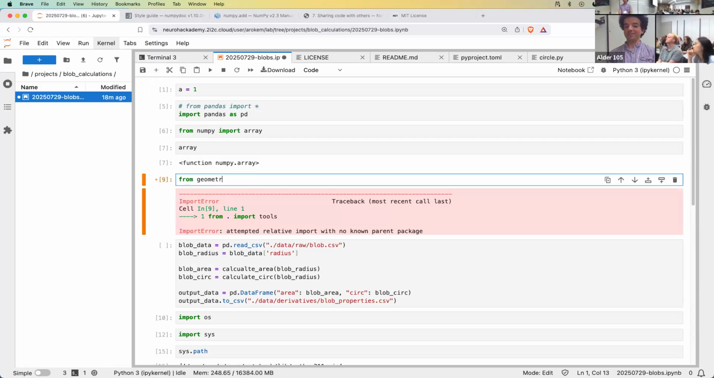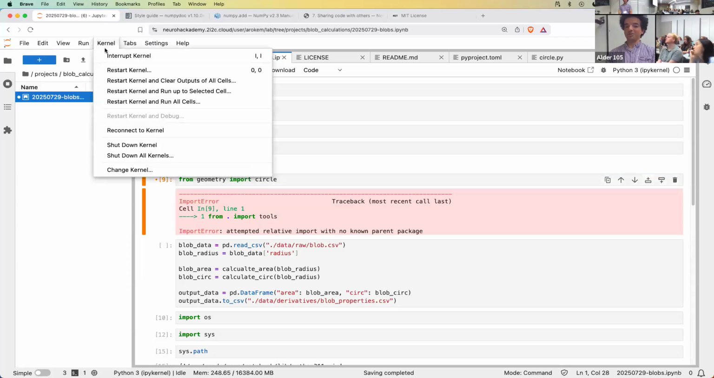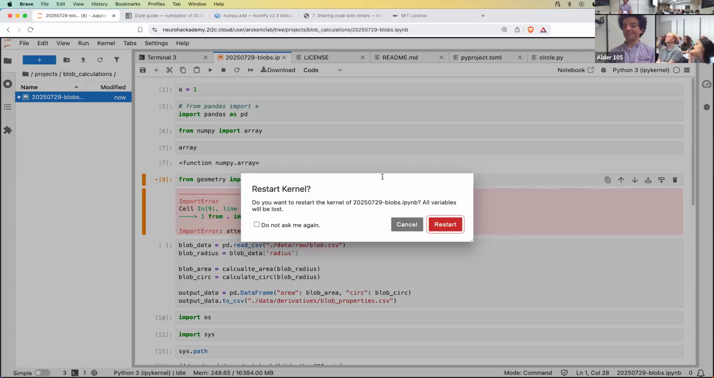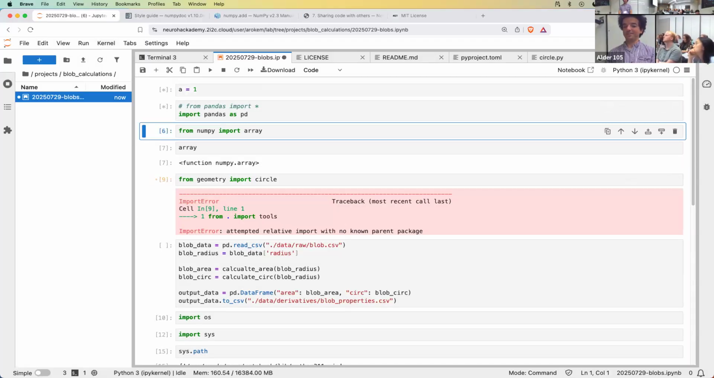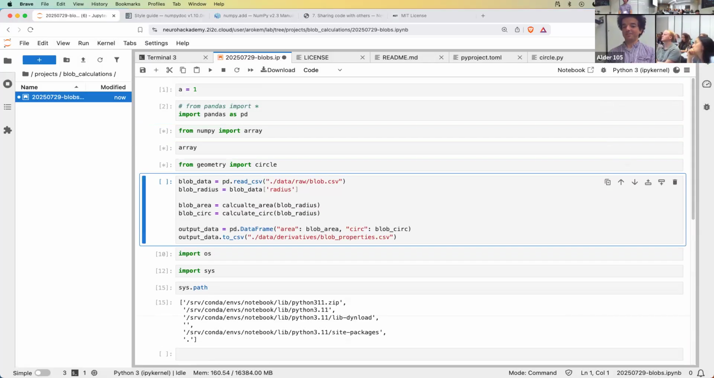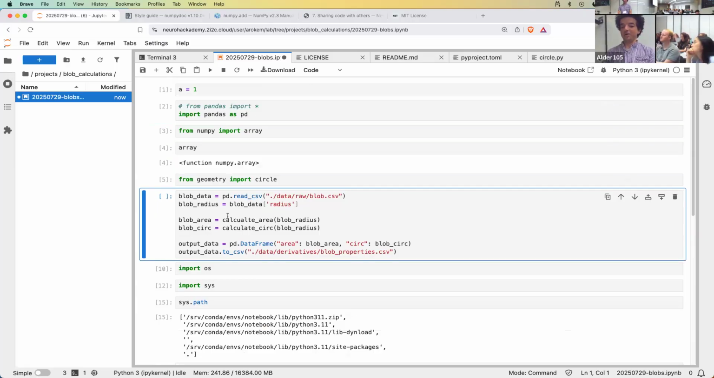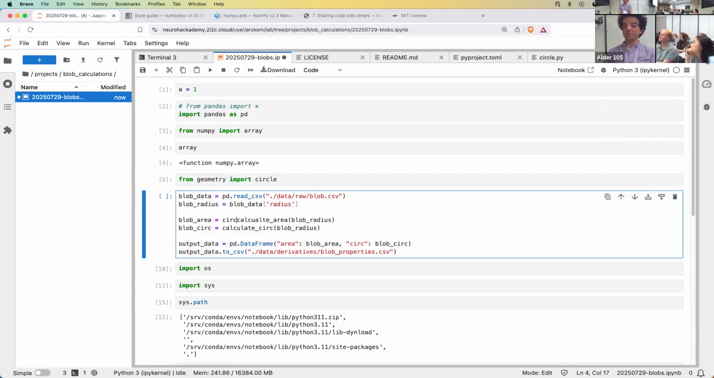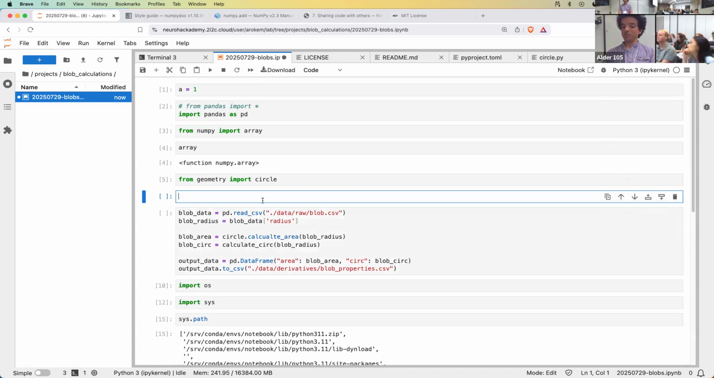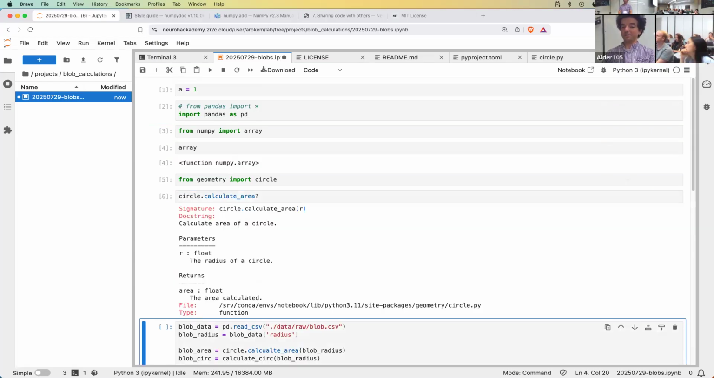From geometry import circle. Let me restart the kernel. Okay. Bam. And now I should have circle dot. I can't actually run that because this data doesn't exist, but the namespace does include circle dot calculate area, including